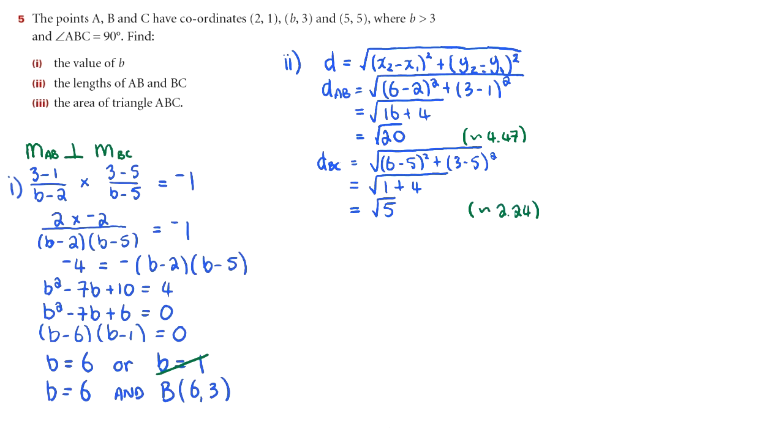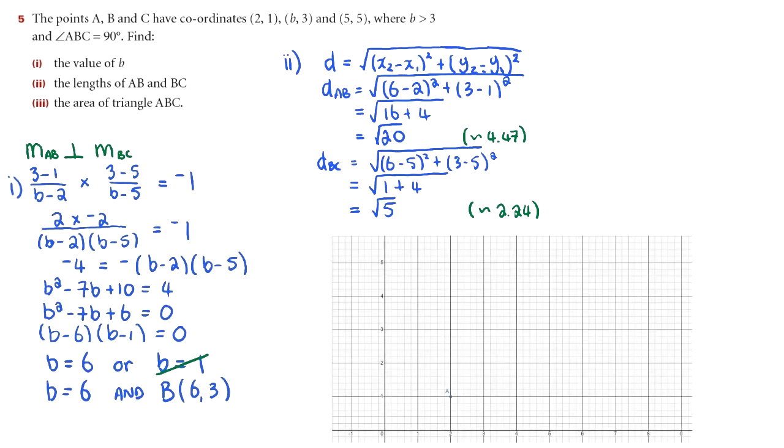I think at this point it may be worthwhile getting a graphical understanding of what we've just done here. So if we have a Cartesian plane and we put on the point A at (2, 1), and we put on the point C at (5, 5), and B had the limitation that the y value is 3, so it's anywhere along this line of 3. But what we do know is the angle is 90 degrees, and so as B moves along, it reaches 90 degrees in a couple of places. From our calculations, we know that will be 1, but it can't be 1 because of the restriction the question gave us, and so we would come to the other point where the angle is 90 degrees,